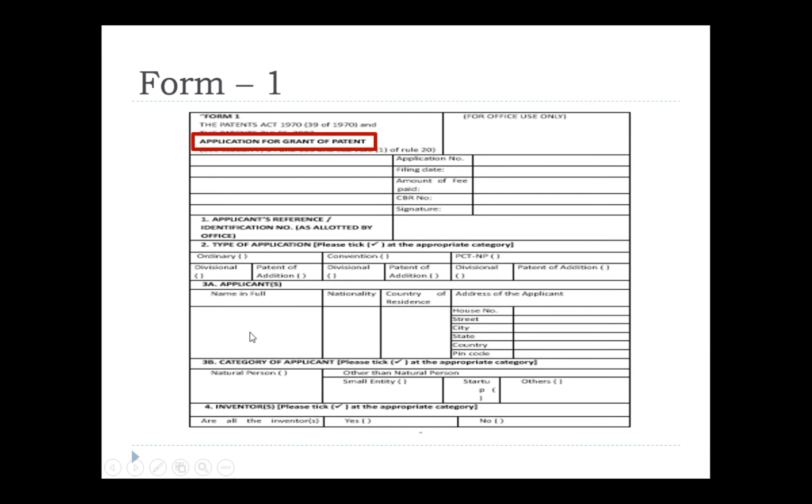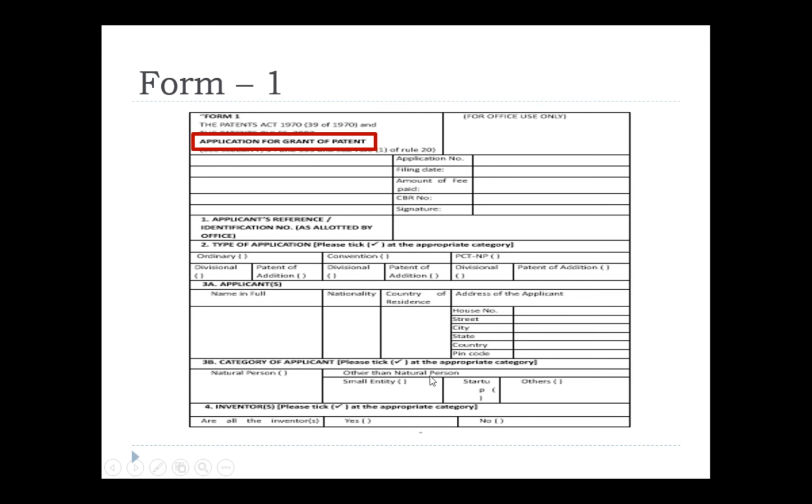Again, you need to fill in the applicant details, nationality, residence of the particular country, and the address of the applicant. Similarly, all these things are self-explanatory. You can see the category of applicant. I have mentioned individual. Here they have mentioned it as natural person, nothing more than that. So you can give a tick.